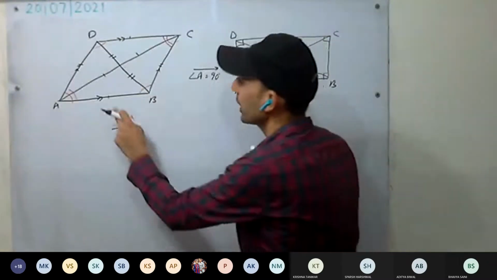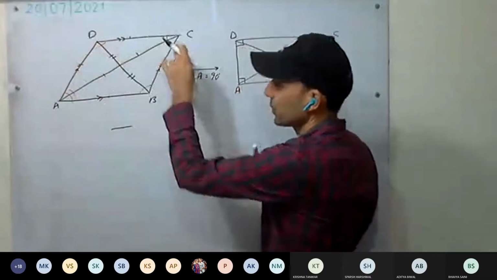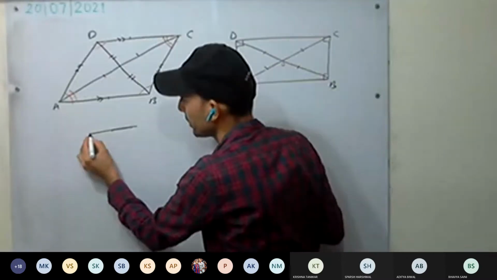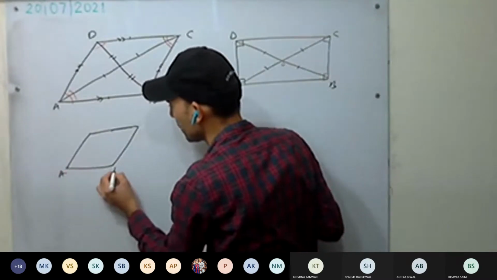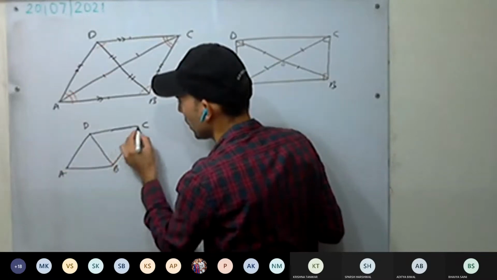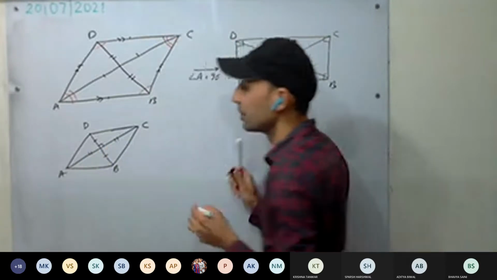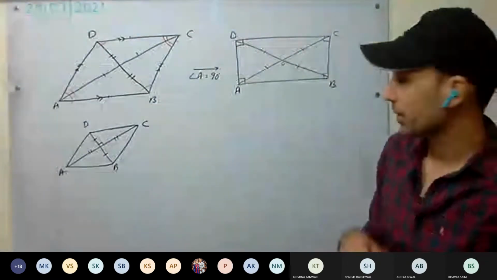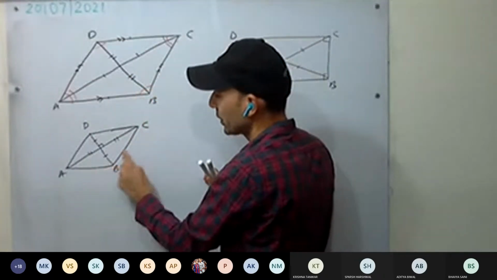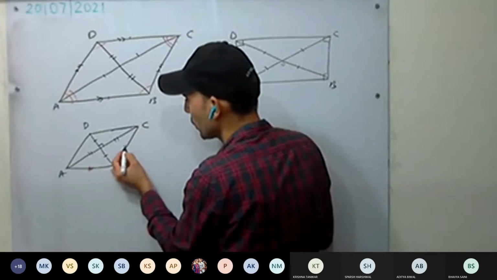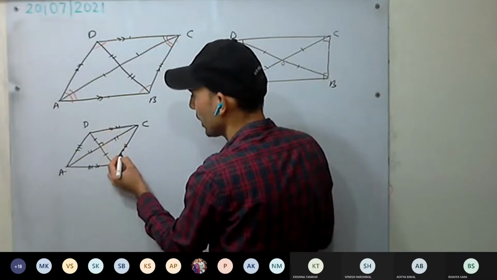Now, if I make two adjacent sides equal, either these two sides or these two sides, what figure will it become? Adjacent sides, if I make them equal, what figure is it going to become? So rhombus. It will become rhombus. In parallelogram, opposite sides are equal. If adjacent sides are equal, it means all the four sides are equal, and opposite sides are parallel as well.